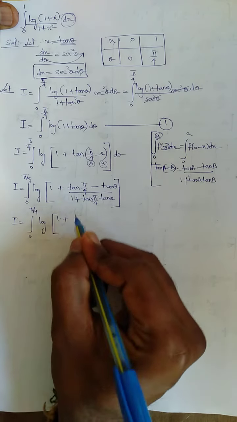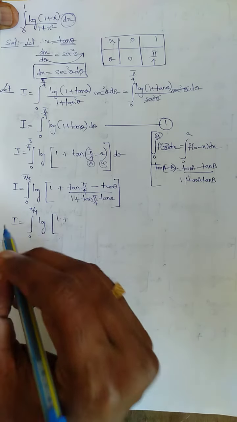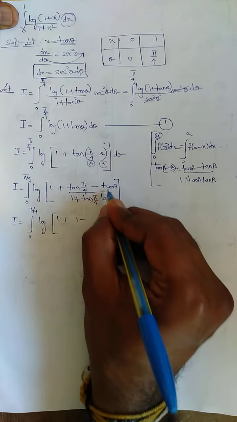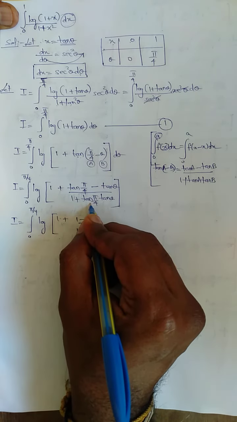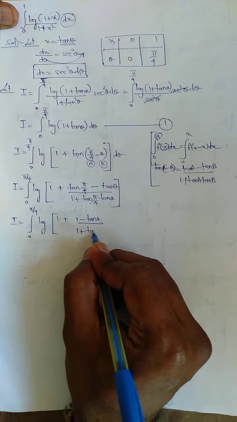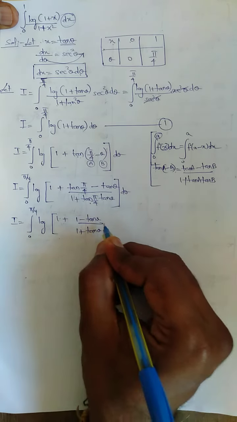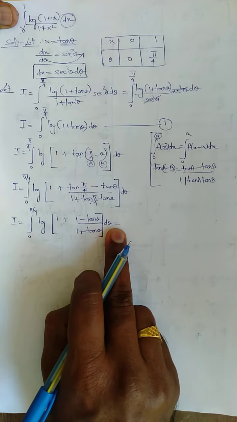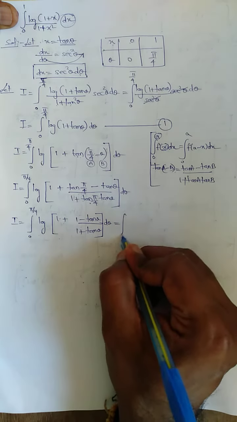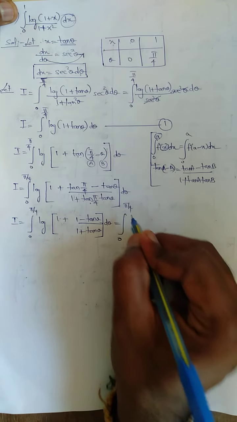After writing this, the same I is equal to 0 to pi by 4 log, open the bracket, 1 plus, what is tan pi by 4? Nothing but 1. So 1 minus tan theta divided by 1 plus, what is tan pi by 4? 1. 1 into tan theta is tan theta. I forgot to write d theta. Write d theta. Finally, I is equal to, and continue here. Integration of 0 to pi by 4